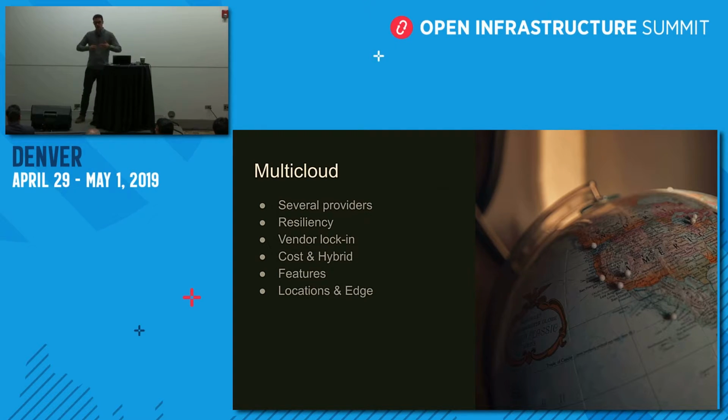There's also the cost aspect. Like I said, if one cloud provider doesn't have very interesting pricing in one area, the other ones might have something better in some other areas. But also a lot of people want to do a hybrid cloud, like having their baseline workload running in their own private cloud environment, on-prem most of the time, and do cloud bursting to a service provider to handle sales season or Christmas time or something like that. So this is a fairly common motivation for multi-cloud.